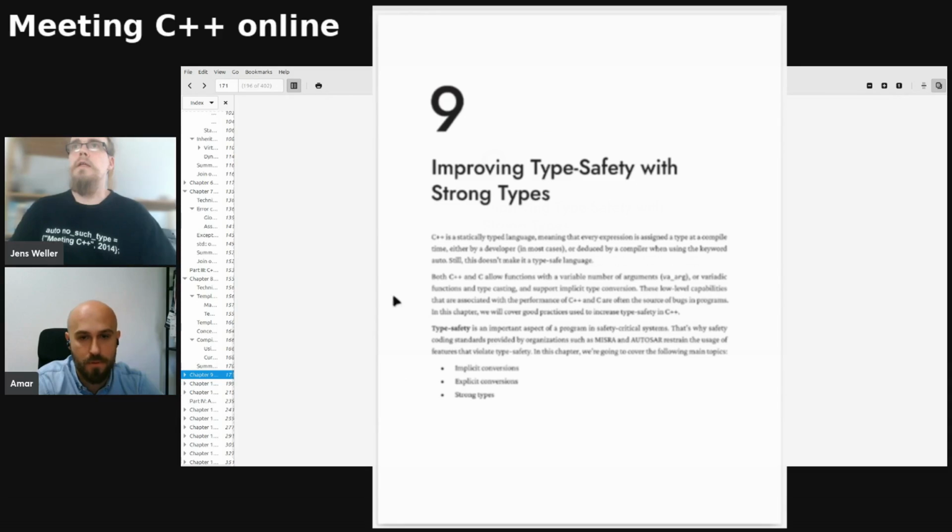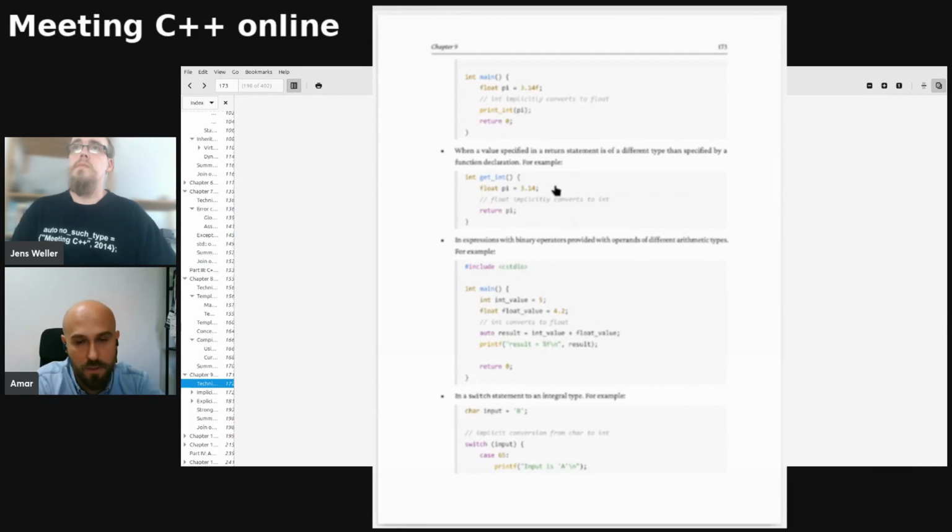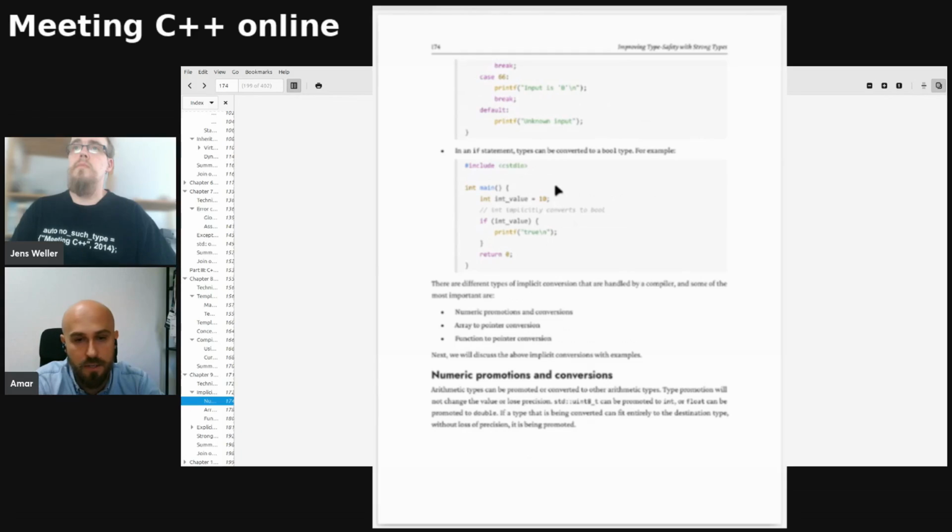Yeah. And then we get into using some of those features to build strong types and use type safety, which I think is, again, one of the things where C++ shines in contrast to C, in embedded, when you can have some of the calculations, which otherwise would be at runtime, done at compile time and checked. So we cover implicit conversions in C++ and also explicit ones in this chapter, and then we move to